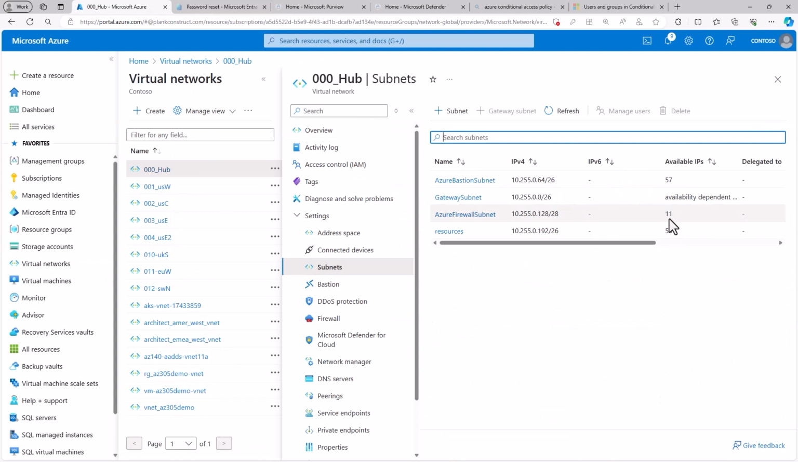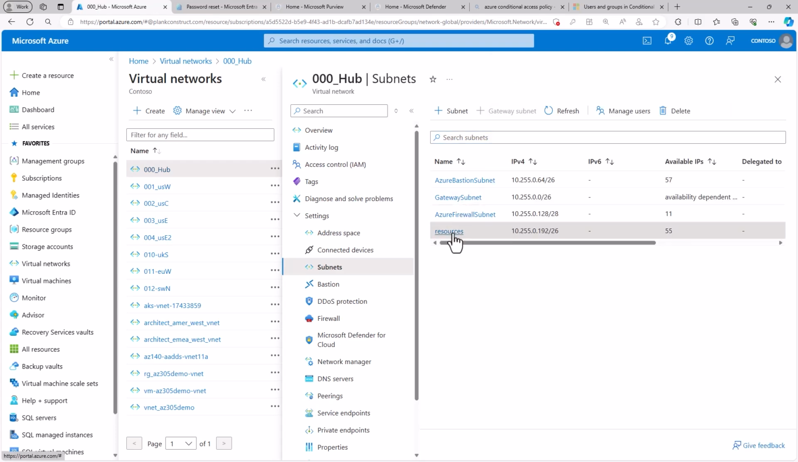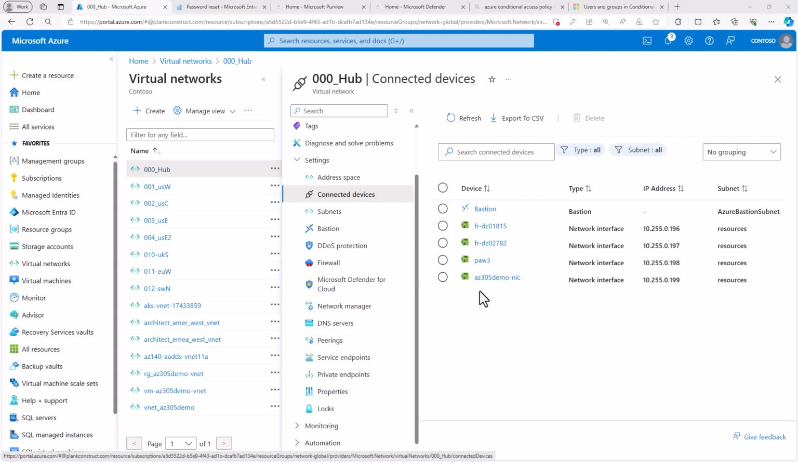I should have pointed out before, but this was at 56 before. It's taken up one of the IP addresses, and we'll take a look at what's in that address range. We'll take a look at the resources that are now allocated. So looking at the connected devices, I don't know if you remember, but if you rewind the video, you saw we had a Bastion network, we had the two domain controllers and the PAW. Now we have the AZ-305 demo NIC, which is the network address that I could now send local resources to at